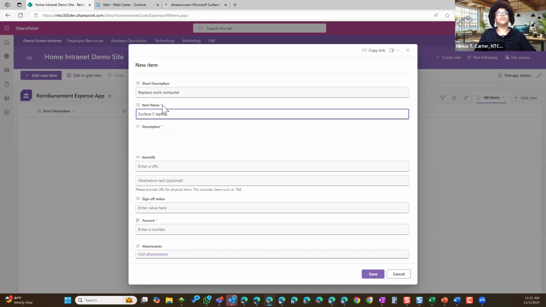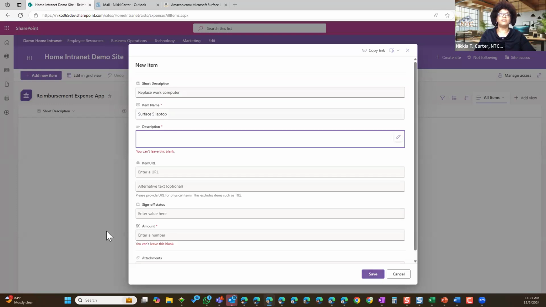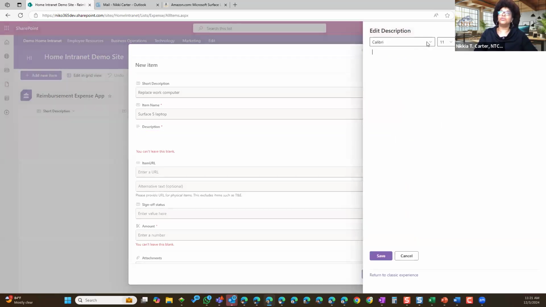Now I have to fill in all the fields that have these red asterisks by it, because if I don't and I try to hit save, like there's a red asterisk right there. If I try to hit save, it's going to say you can't leave this blank. So you have to fill in all the required things, like the description as well. So let me fill in the description. I have a little pencil here because it's going to give me the ability to do things like change the formatting of the words that I'm adding into this